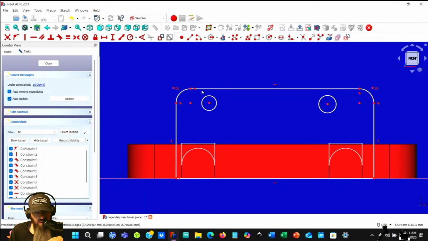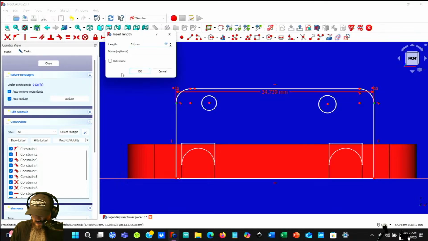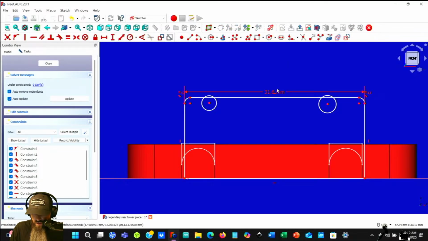I don't know that we really need to define them. So from this length, they will define themselves, I think. So from here to here, it's going to be 31.6. So from this dot to this dot, it's 31.6. Okay, so that should be pretty much the outside of these if we've gotten close.